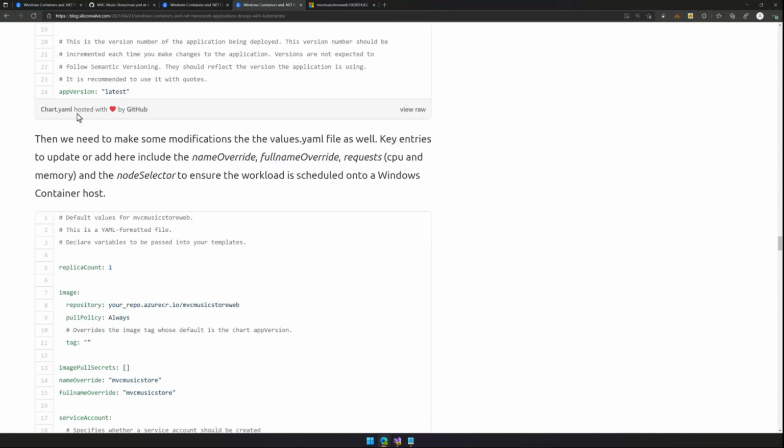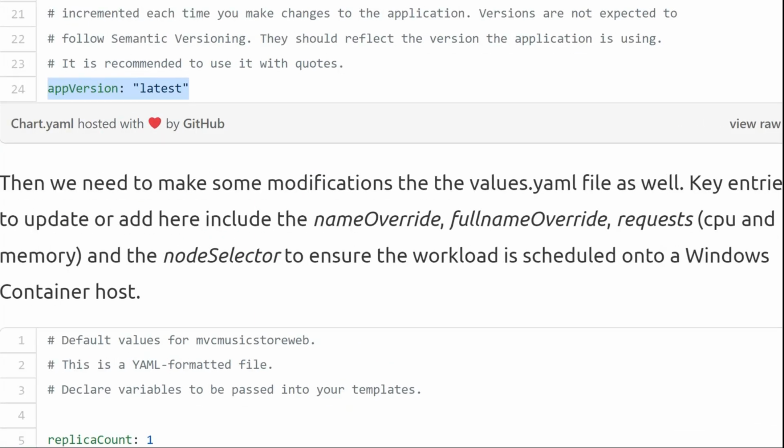You'll see here, I've defined the app version as latest, which means that whenever it's deployed, it will always pull the container image tagged latest. You can use proper versioning, so you probably wouldn't have your Helm chart use latest all the time. You would probably have, as part of your build process, the generation of your Helm chart to update it to include the particular ID for your container that it's tagged with.